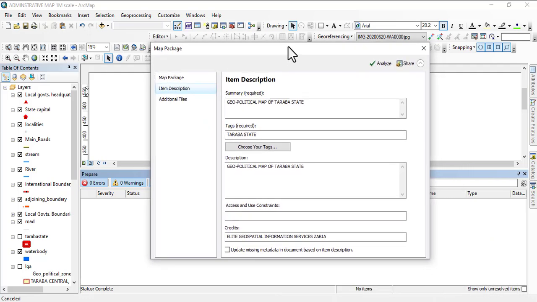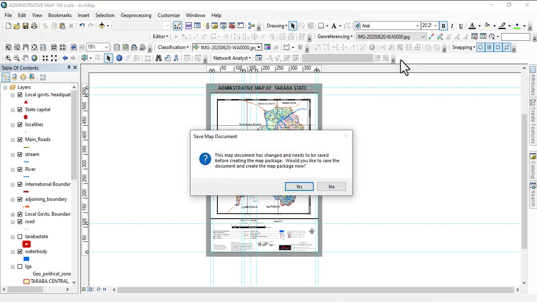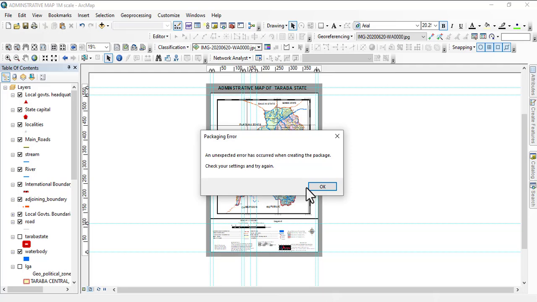So there are no items shown. So you click on Share. Now once you click on Share, it will compress it. It's asking you to resave this so that you have to save it, then it will now compress it for you. So basically this is how to do a map package. And then the major difference is that while a map package takes the whole of the map and its elements, scale, legend, everything, the grids and everything that is on it will be packaged into a compressed file, an entity called mpk, and then